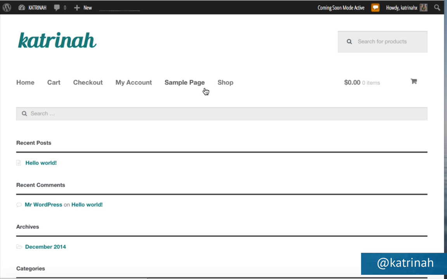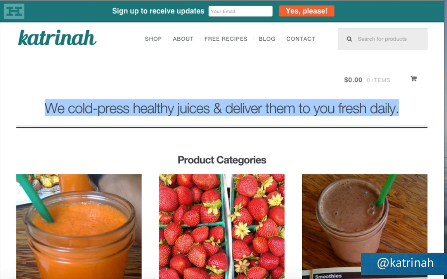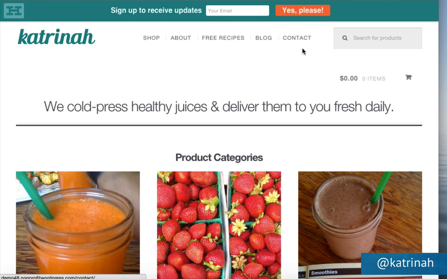We need to add some pages, and also I want to set these so that they're higher up on the page in the other menu navigation area right here, because when we look at the end result over here, we can see I have my logo and my menu items lined up on the same line. So to set up the menu navigation area, the first step is we need to create some new pages for